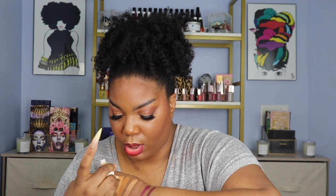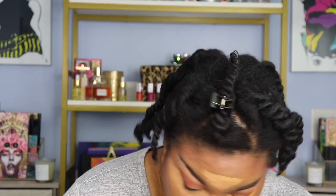And this is in the shade 380W. These foundations and concealers go like Fenty's, where if you wear a 410 in the foundation, then 410 would be a concealer shade. It's not going to be the exact same shade, it's going to be a little bit lighter, and I wanted to go a little bit lighter. So I got 380W for this concealer, and it actually matches perfectly, at least shade wise,